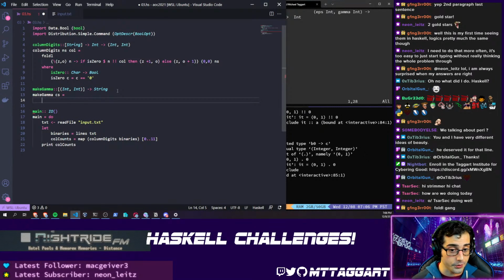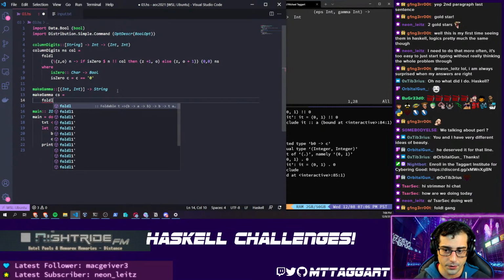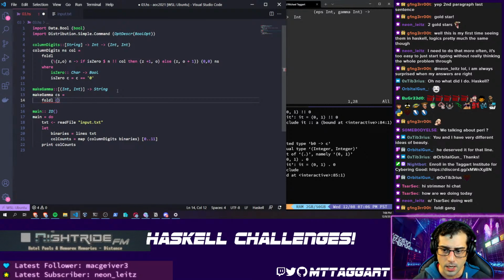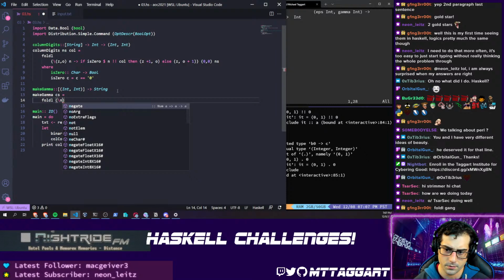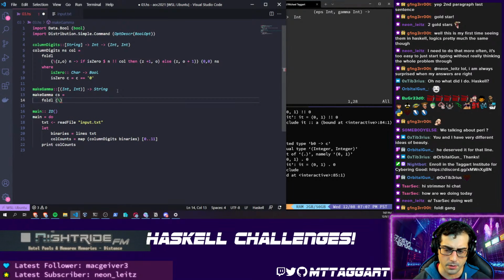This is where a fold comes in handy. So we're going to do a fold, and the fold is going to do